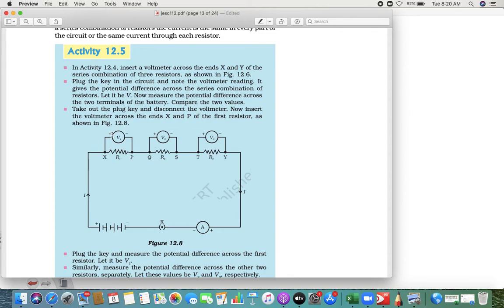Means you must have seen sometimes that the bulb is dim, right, because of low potential difference, but not at our house. If you connect it in series, you will see the same thing happening. That is the reason, as I told you, at our home it is a parallel connection and not a series connection. Why? Because we switch on the fan together, tube light together, even you use an oven, right, and all will work efficiently. Why? Because it is in parallel connection.